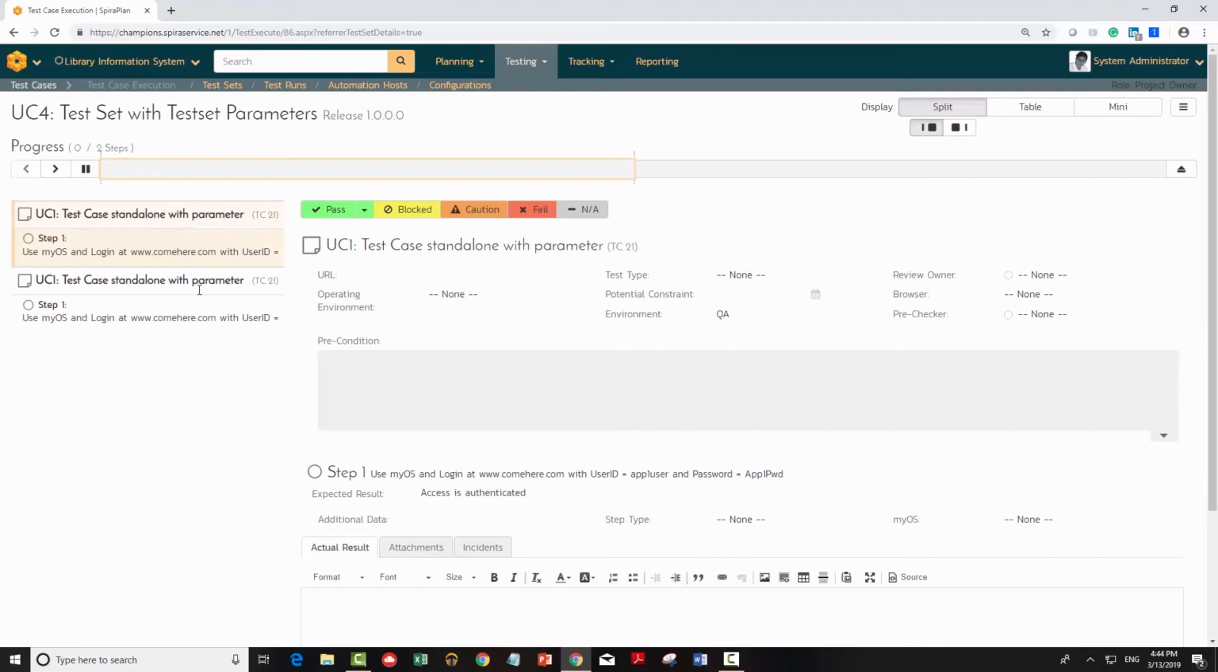You still see the same two different test cases. So for the first one, it says my OS, login here, user ID app1 user, app1 password. Looks very normal to me, right? But when you go and look at the second one, use my OS, login, user ID app1 user, but the password